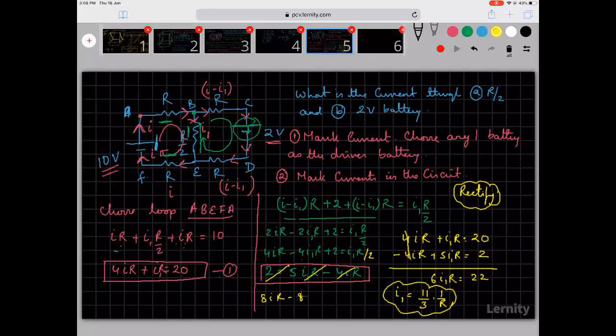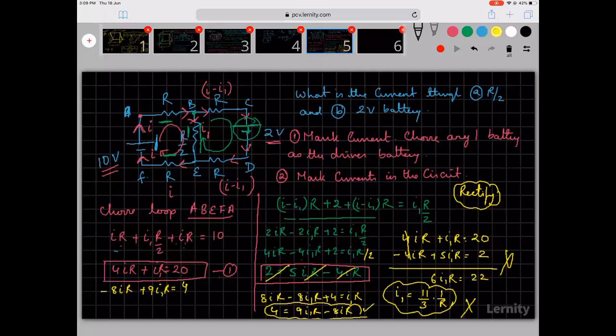So when you shift it, you will get 4 is equal to 9I1R minus 8IR. So the answers will be a little different from what I got. Please rectify and get it. Don't copy from here, this is wrong. This is the correct one. This is one. The second one is minus 8IR plus 9I1R is equal to 4.